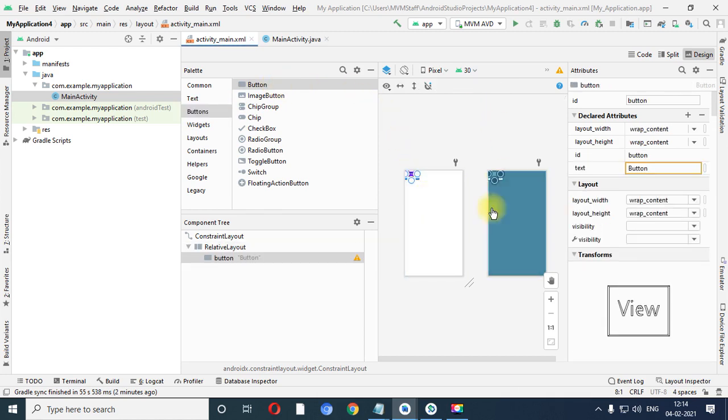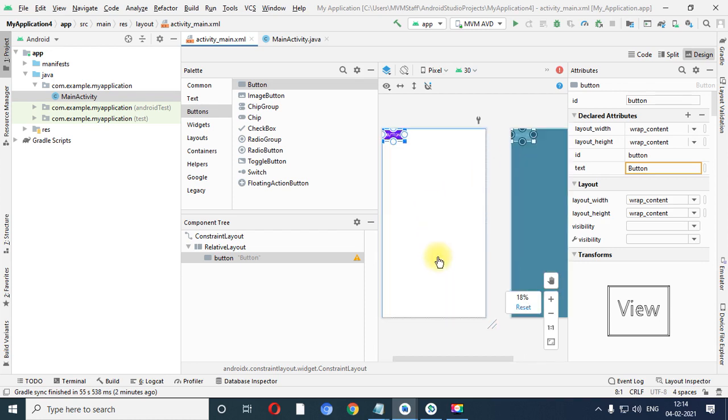But see properly over here, the widget is at the 0,0 position, right? So what is my requirement? I want to put this button over here on this location, right?